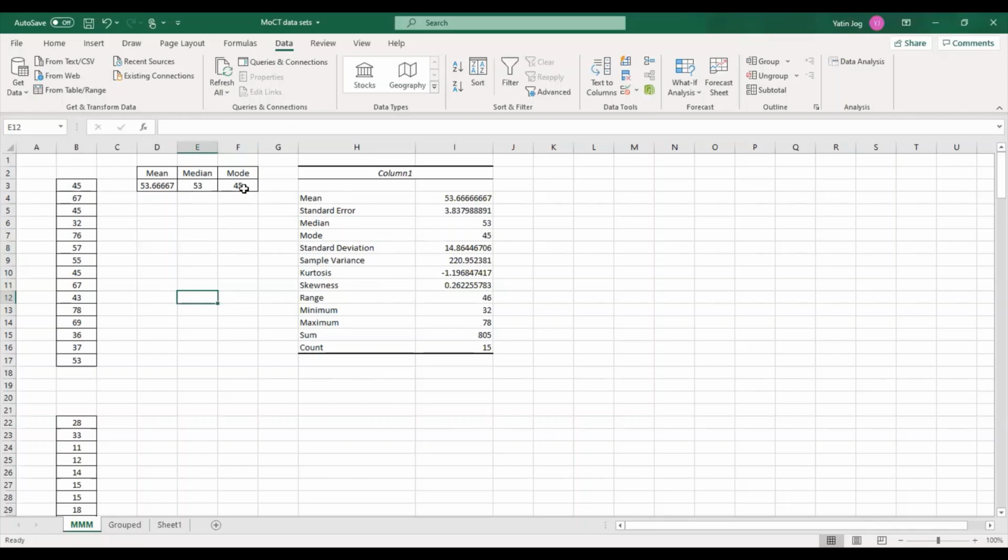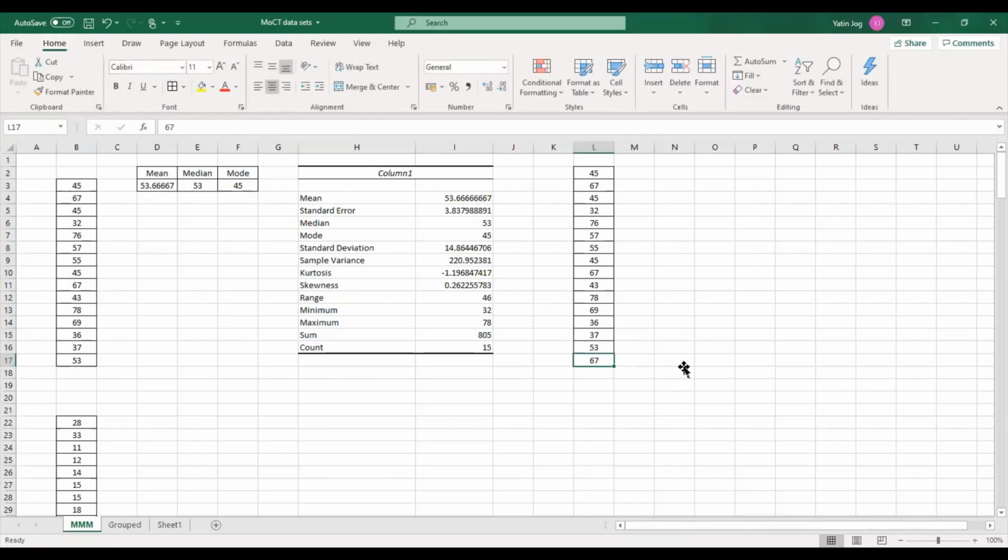Now in case of mode, how to find if a data set is bimodal. Right now I have taken this data set from the Excel from the presentation only. So we have a unimodal data set, and then suppose I add 67 as another data point, then my data set becomes bimodal. Yes, we have discussed the same thing, that if I add 67, even 45 is present 3 times, and even 67 is present 3 times. So both are my mode values.